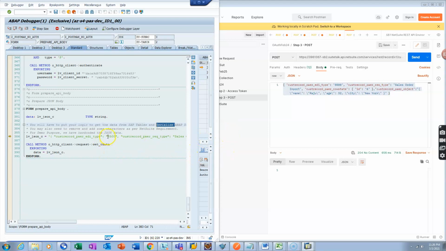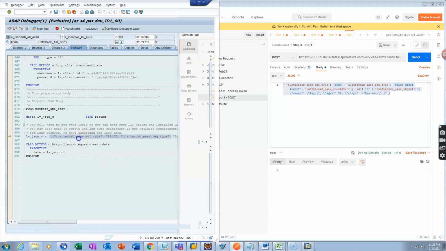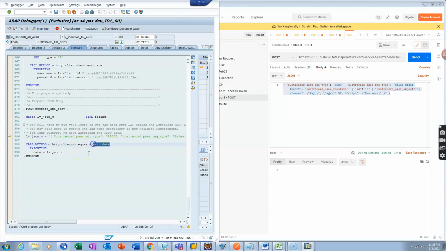Sometimes they will say to put a slash before double quotes. You have to escape some characters which they will tell you. So you have to do this. In this case, for demo purposes, we have just hard coded the JSON. Whatever was expected here, we have hard coded here, and we are setting the data. All right, so set C data,